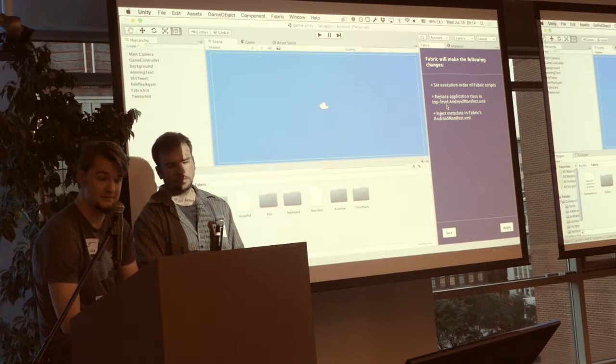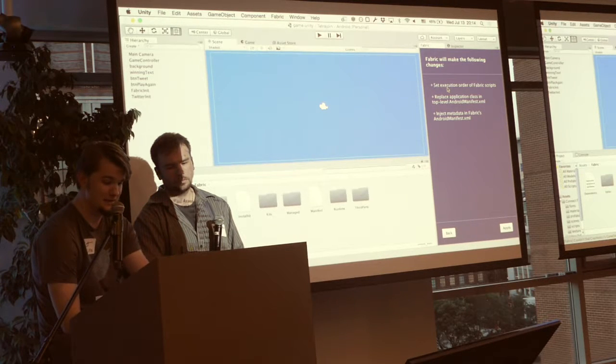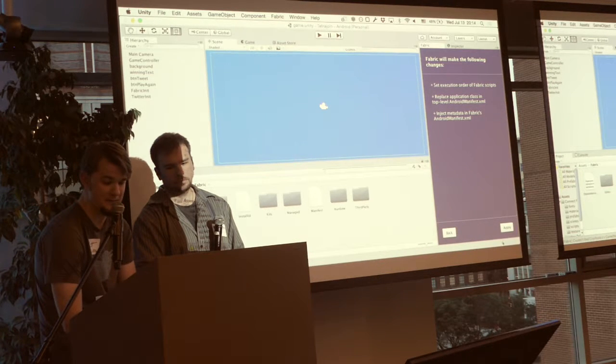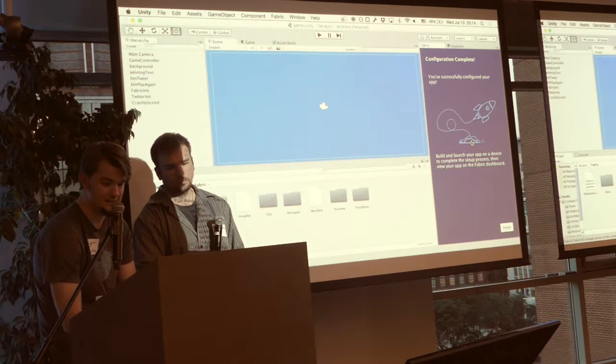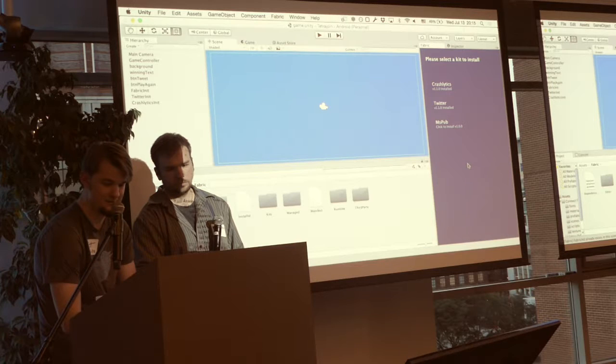I've already downloaded it for the sake of time. But we're going to walk through the configuration. It's going to modify just a few things in your project. It's going to drop in what needs to be there. And then we're going to initialize Crashlytics so that if my app crashes, I'll know about it. And then everything is good to go. So we're good and installed.